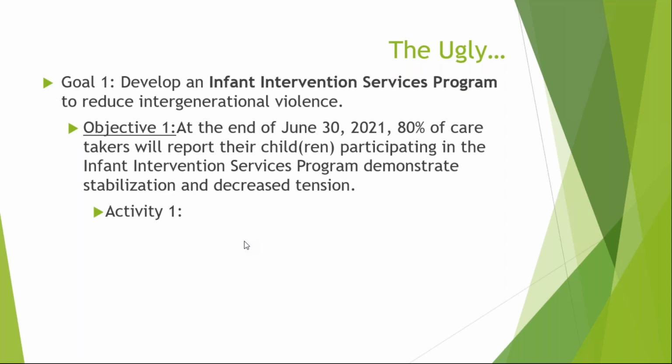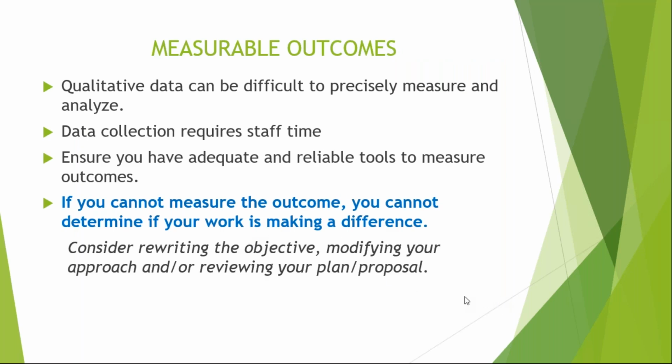So you can do some of this. Now, also reducing intergenerational violence isn't just going to involve children. It's also going to involve the caretaker. You're going to do that through parenting, through specialized training or other services that you can provide. So you can do something about it, but you can't do it with just infants. And you can't do it with just children, because you've got to have those parents involved too. So I gave you the ugly, and then I gave you kind of a solution. Any questions?